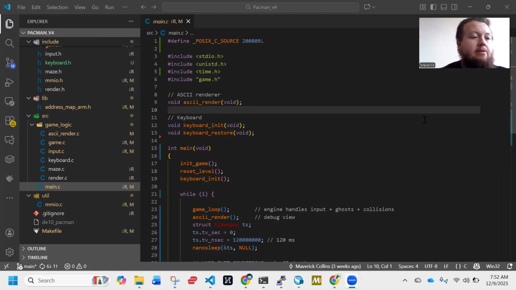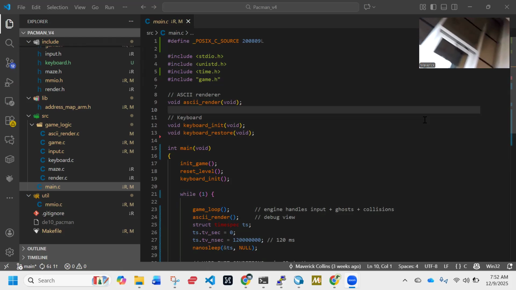And I ran into a big problem with my PuTTY. My LCD panel died, so I'm using an external monitor. You guys can see. Okay. Anyway, I'm using an external monitor,